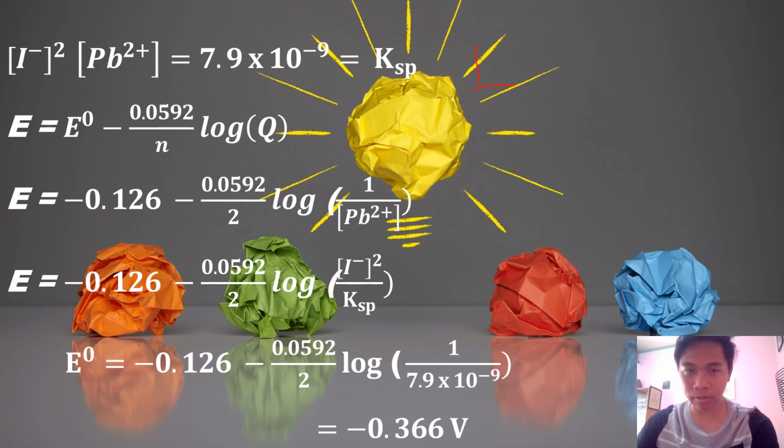Iodine will equal negative 2 over Ksp, Pb2 plus. However, the equation is 1 over